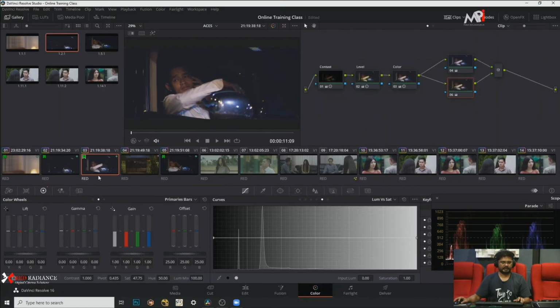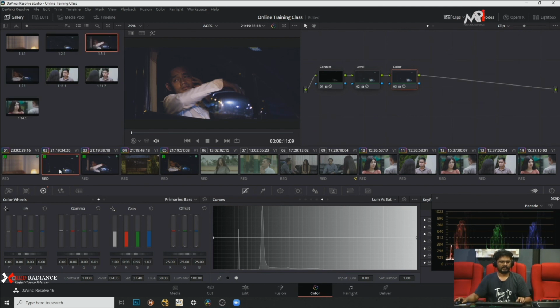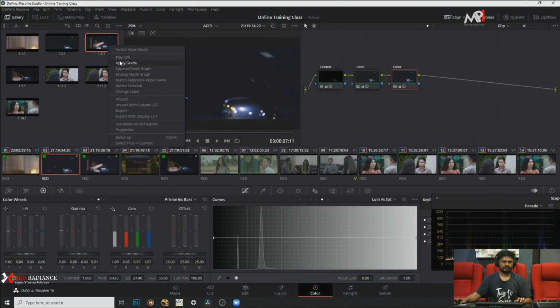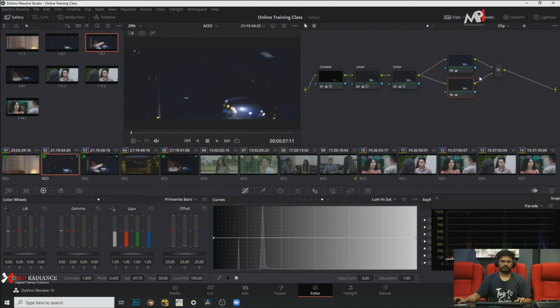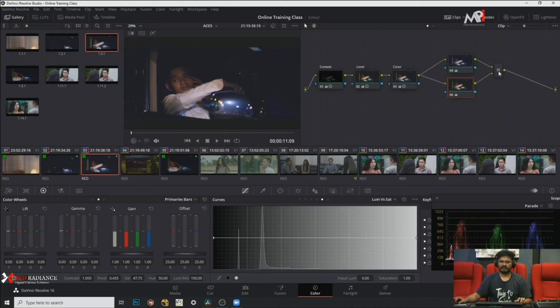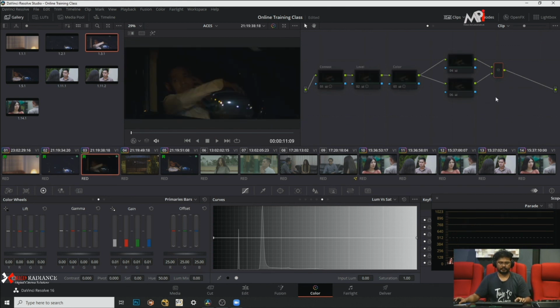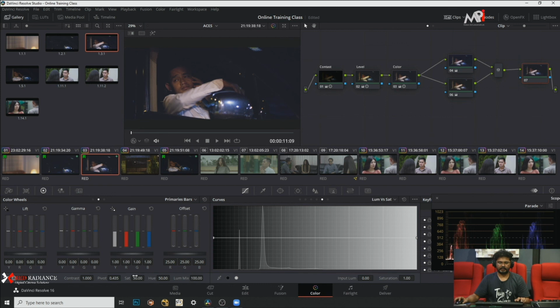Now you can see that. I'm just going to grab it. I'm just going to apply it here. I just need to get my blacks level properly. So I'm just going to use one more layer. I'm just going to bring my